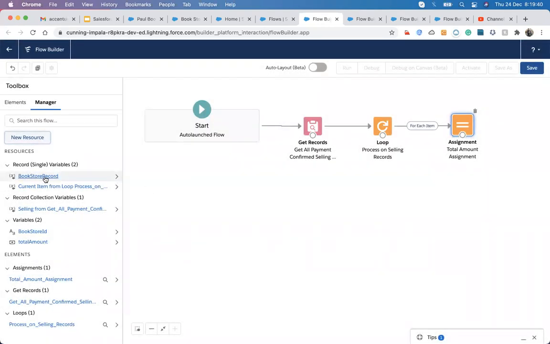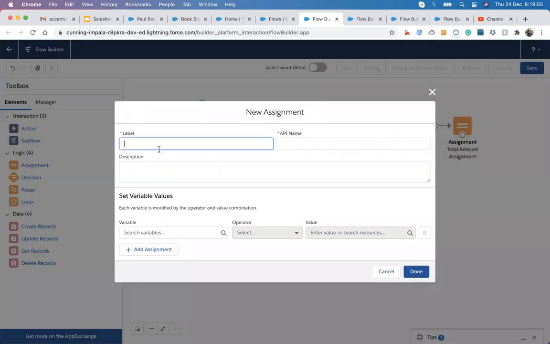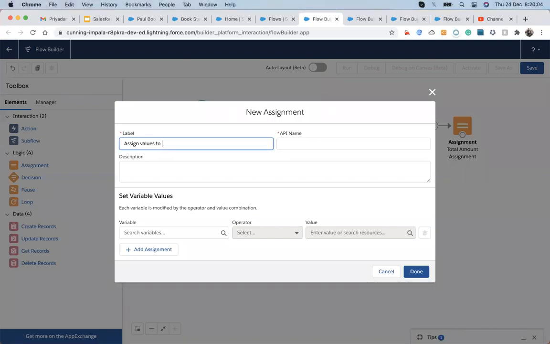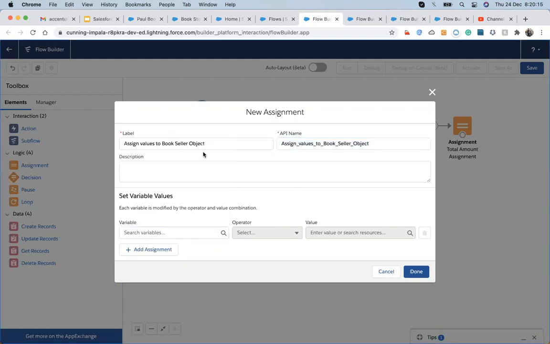I also need to do the assignment. Whenever it wraps up, I will do the assignment: assign values to the bookstore object.